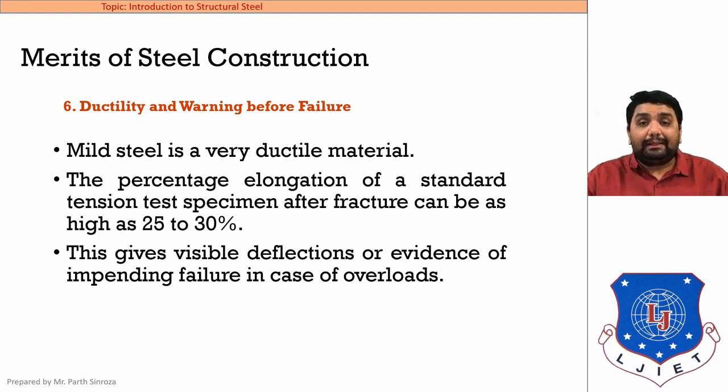This is the most important criteria. As you know, in RCC two materials are being used, concrete and steel. Concrete is a brittle material, whereas steel is a ductile material. So if concrete fails earlier than steel, then it will be a sudden collapse. So the structure cannot be controlled. But whereas if you cast the building entirely of steel, it will be a ductile failure. So the control of structure or the control of collapse can be made in this case.